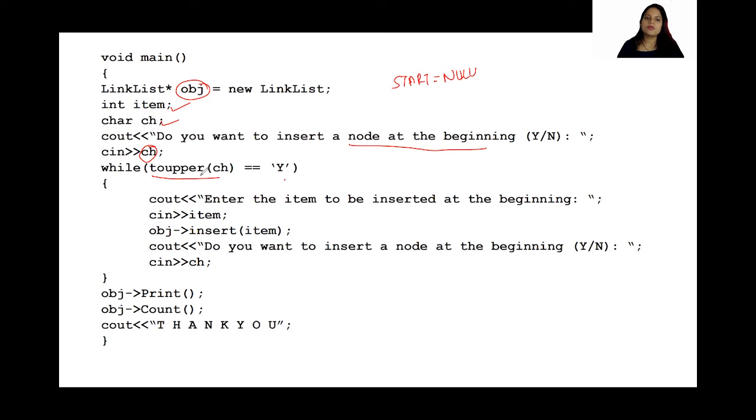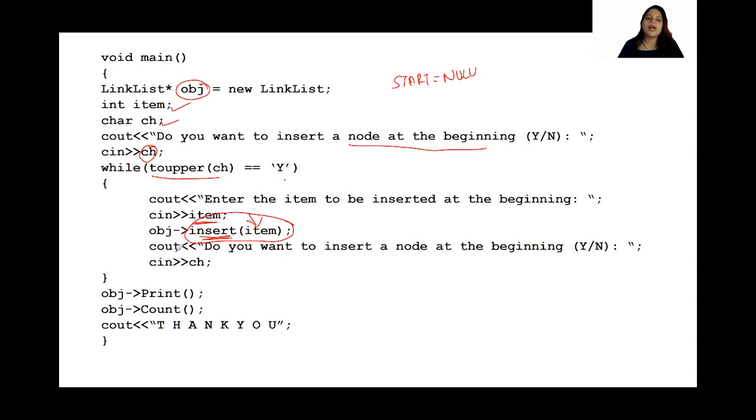If you say yes, only then we are going to call the insert function. So in this case, I am asking the user himself to enter the value, right? And then whenever he is entering the value, I'm calling the insert function with that particular value here. And then I'm going to say, do you want to insert the node at the beginning? Again, I'm going to ask him whether he wants it or not. Okay, so these are all optional things. If you find it very complicated, you need not do that.